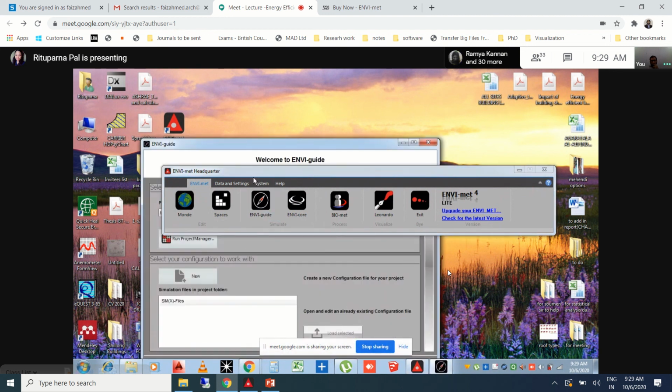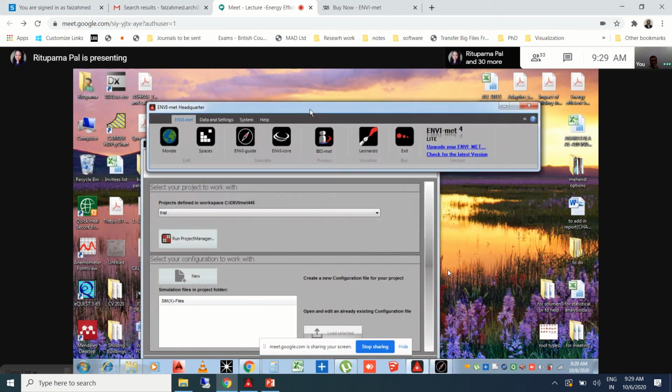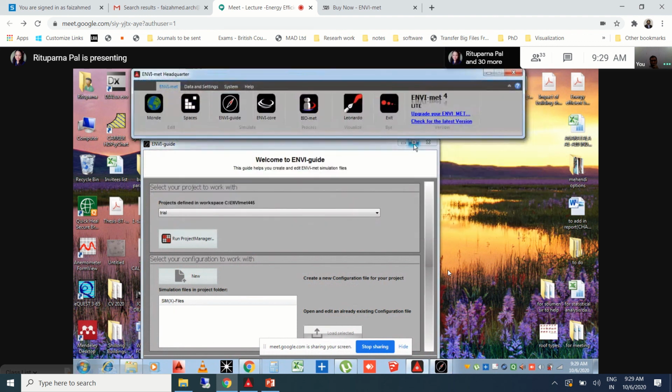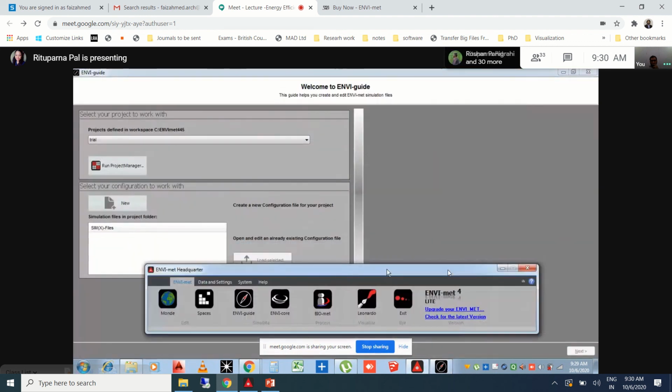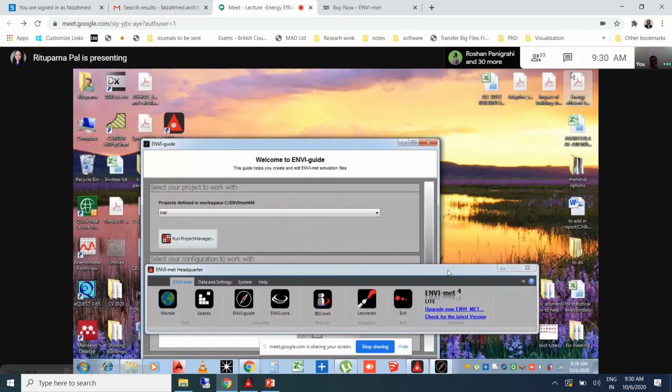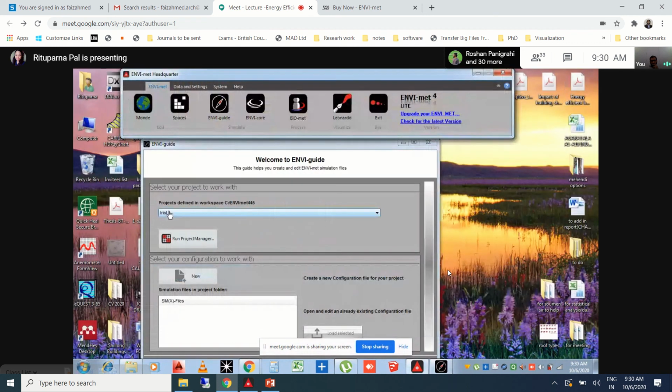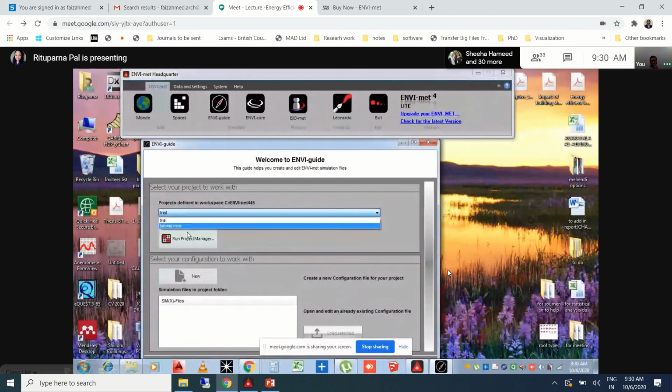So on clicking this NV guide box, you will find that projects defined in workspace will be showing. I am showing two folders because I have already worked on some folder for this trial thing. So you click on this trial. Click on the folder you have created, and then click on this new thing.